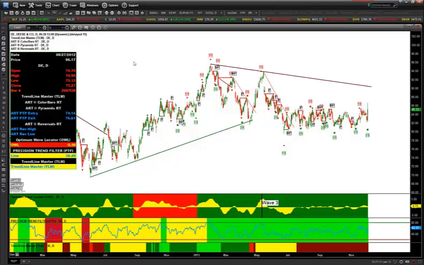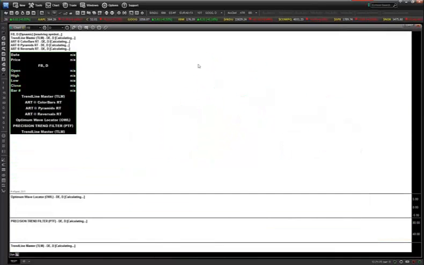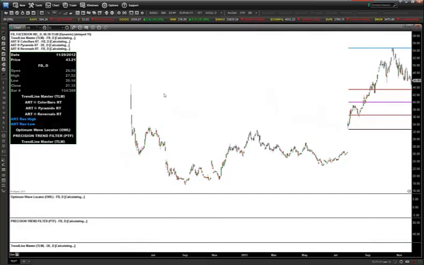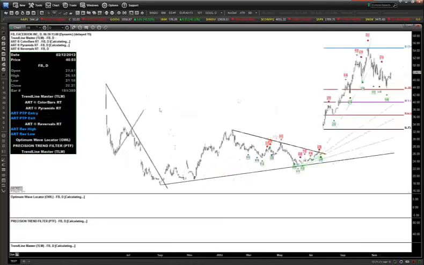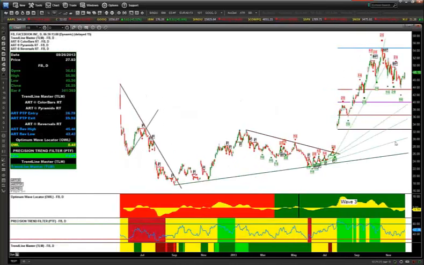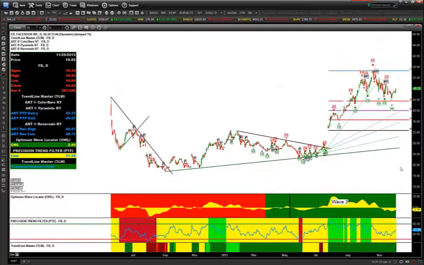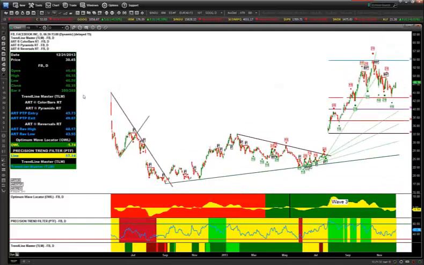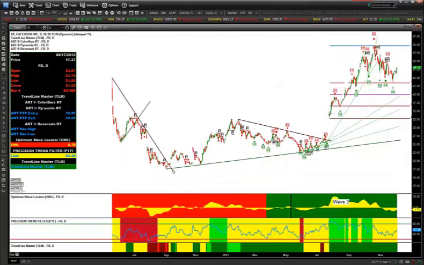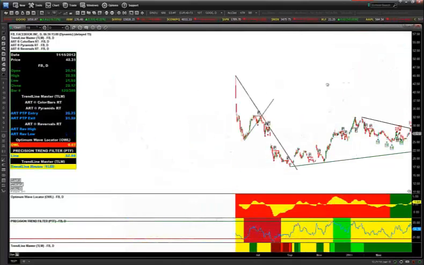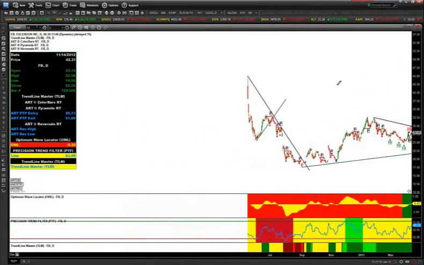Let's take a look at Facebook. It came out and dropped quite significantly, right from the get-go. But now it's starting to develop enough history, enough patterns. So yes, this was an initial drop down, but at that particular time you really have to wait for enough history to see this. For example, in the beginning, if you didn't have all this stuff to the right of the chart, if you were right here,